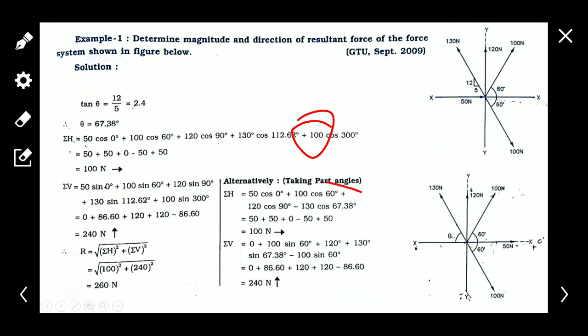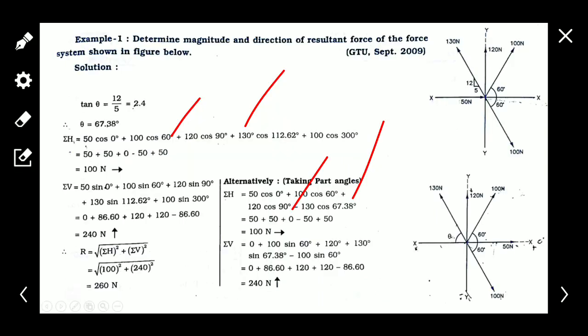But if this method is considered, where the angle is considered from the horizontal sides and not from the 0, then we have to take precautions of signs, negative or positive, according to whichever quadrant the force is in. Okay, so we can use both methods. Whichever method you use, you have to follow its rules. Both methods you can use, feel free to use whichever you like.